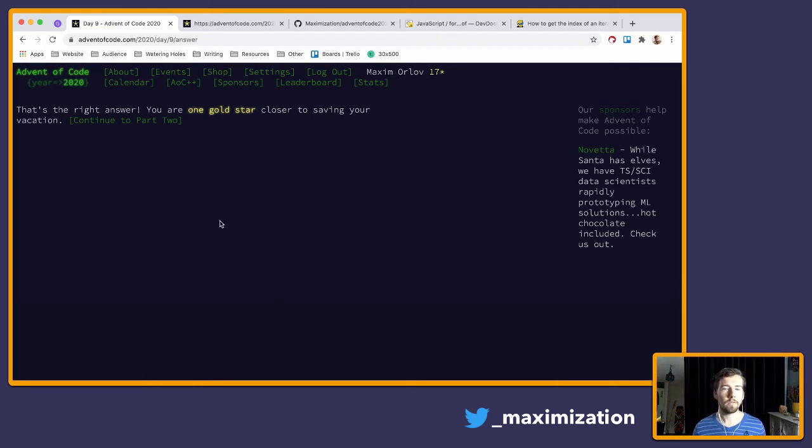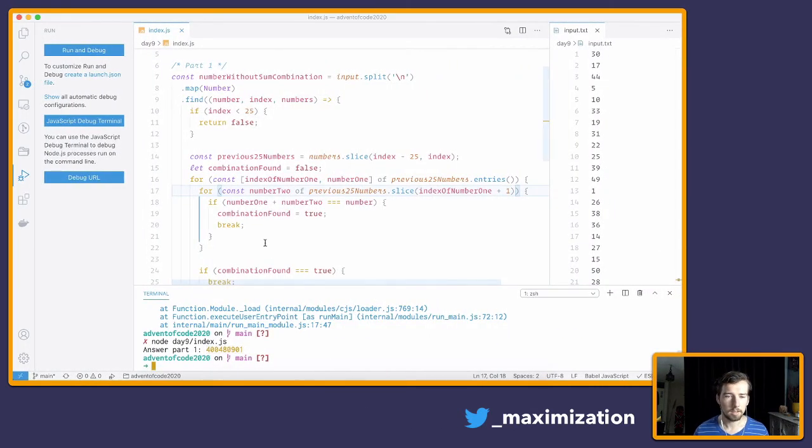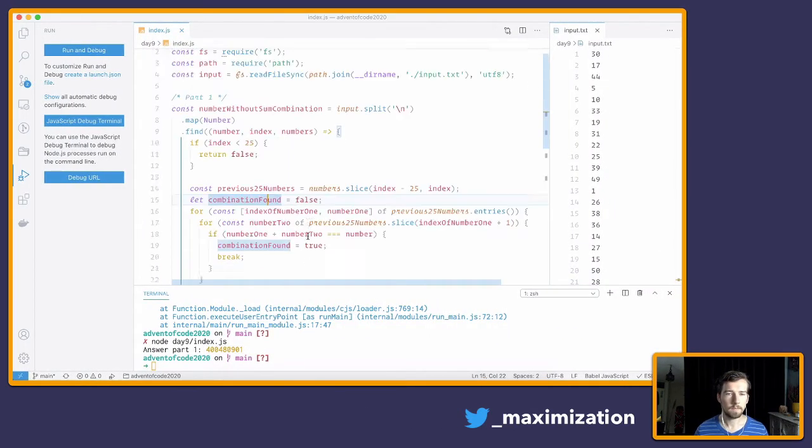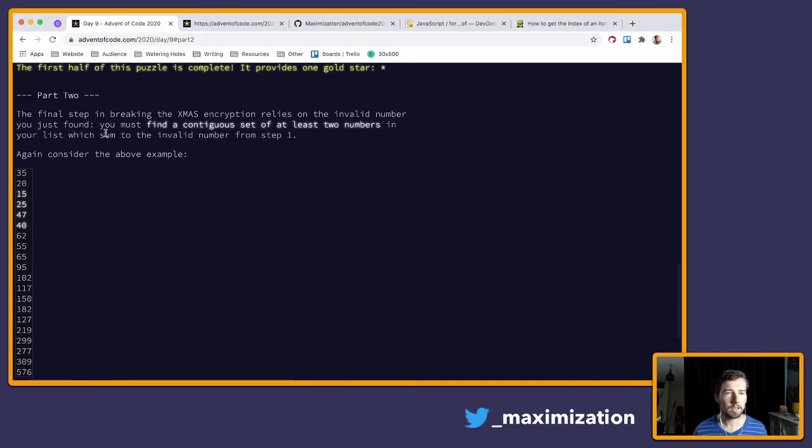Yeah, so we solved the first part of the puzzle. Awesome. We got 1 gold star for that as a reward. Let's go to the second part. This looks good. Okay, second part. What is it about? The final step in breaking the Christmas encryption relies on the invalid number you just found. You must find a contiguous set of at least 2 numbers in your list, which sum to the invalid number